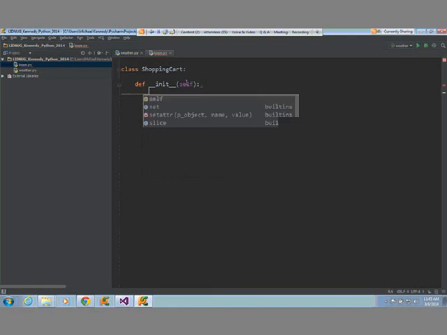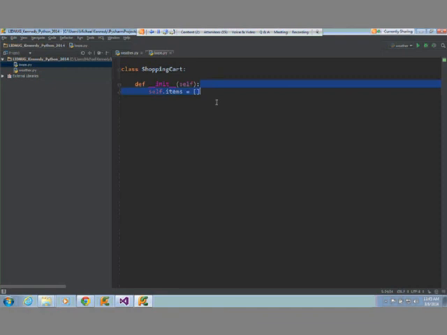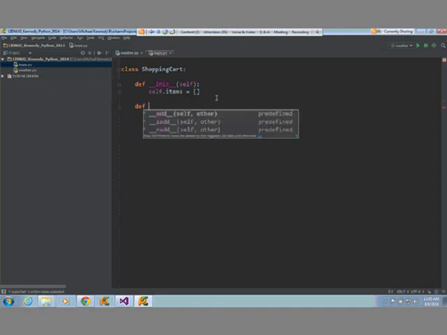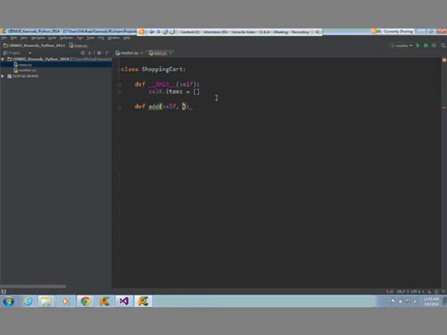So I wanted to declare some member variables. I'm going to call them items. I want it to be an empty list. So that statement will dynamically, as part of the construction, add items, and it will make a new empty list. And then let's add one more function. Let's call add, and this will be a cart item.